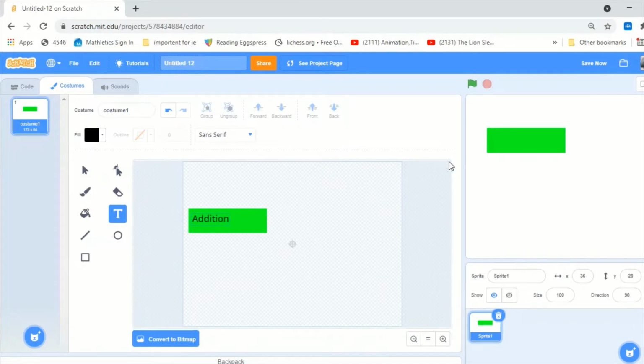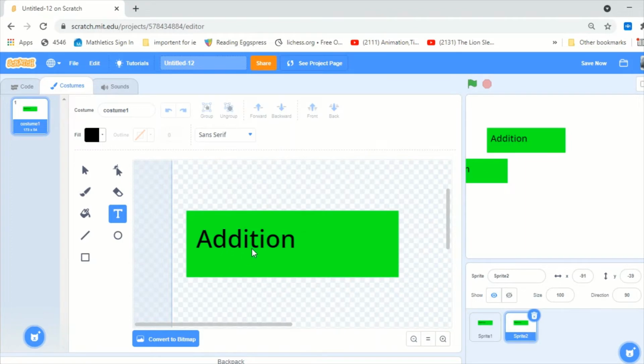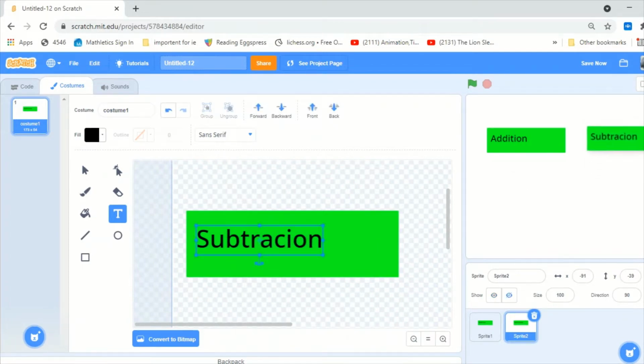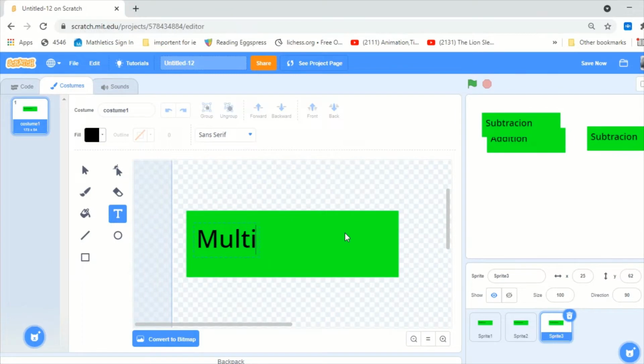Addition, you've got addition, and you can duplicate it, and then subtraction. Multiplication,